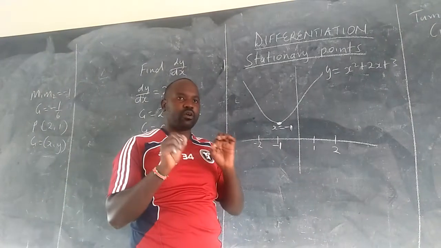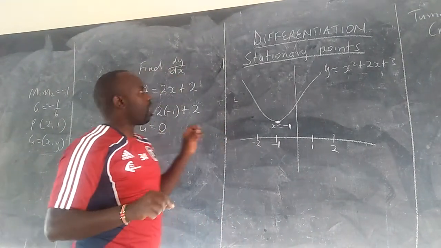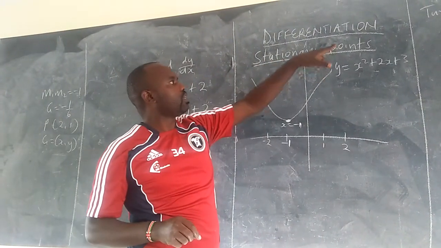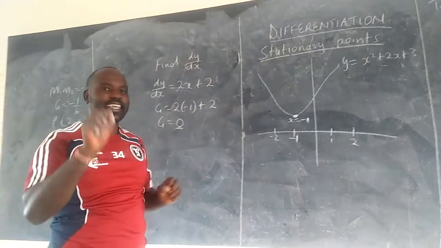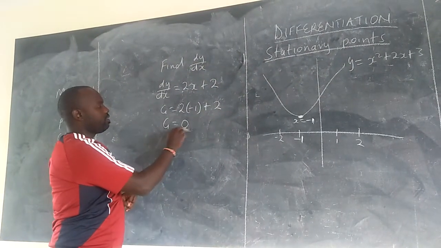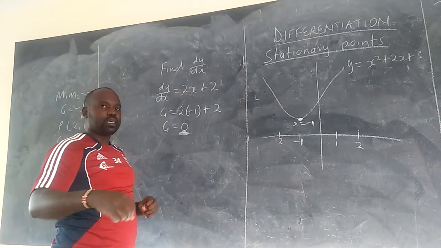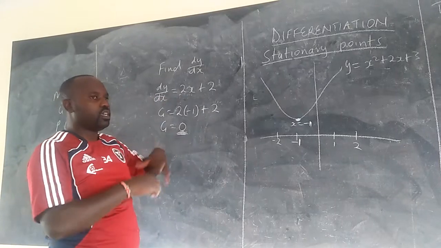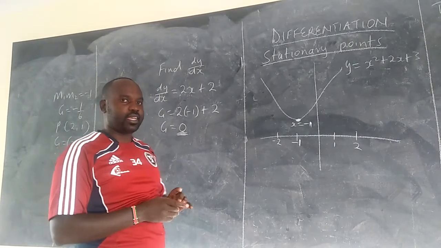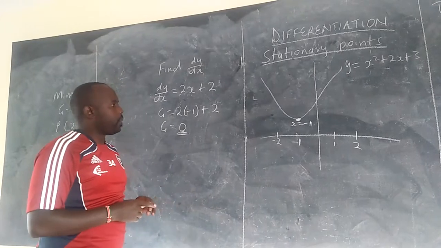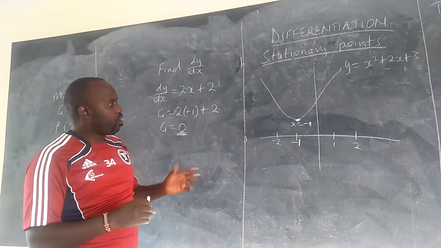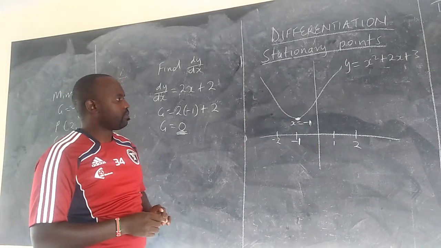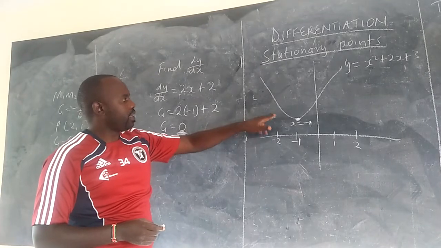So the question was, how do you know this is a turning point? At any turning point or stationary point, the gradient is always 0. So if you are asked to find the stationary point, equate the gradient function to 0, and you will be able to find the stationary point. My question here is, how do we know if this one is a minimum, maximum, or a point of inflection? So for you to determine the nature